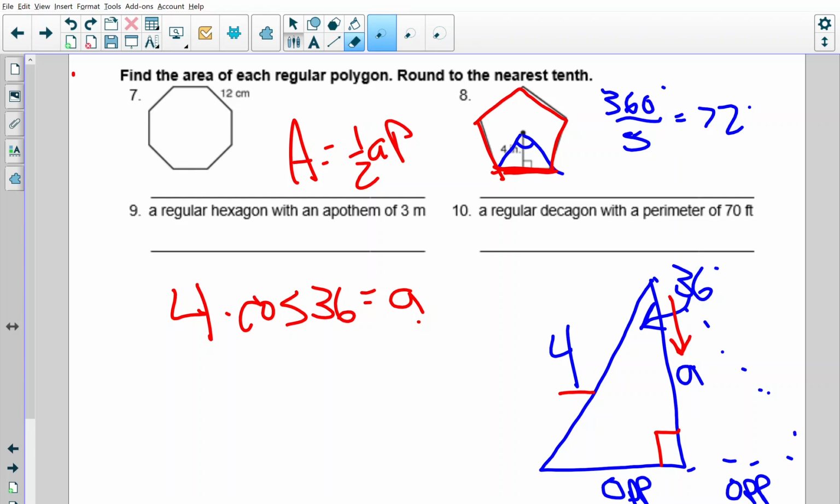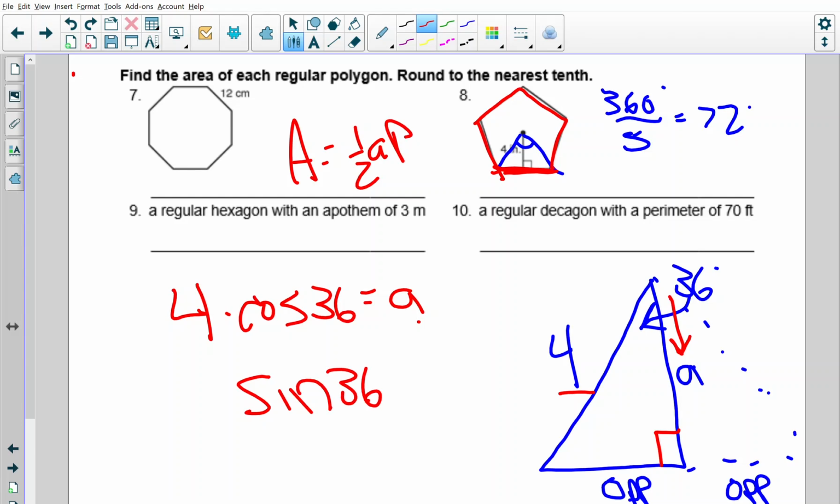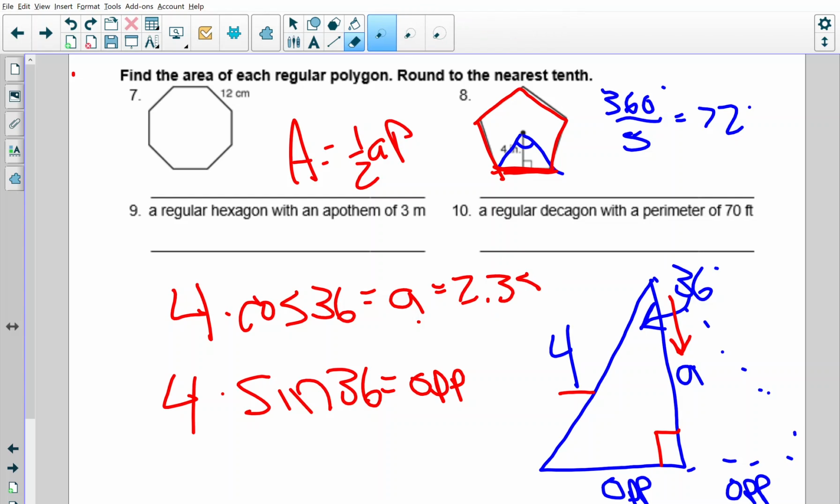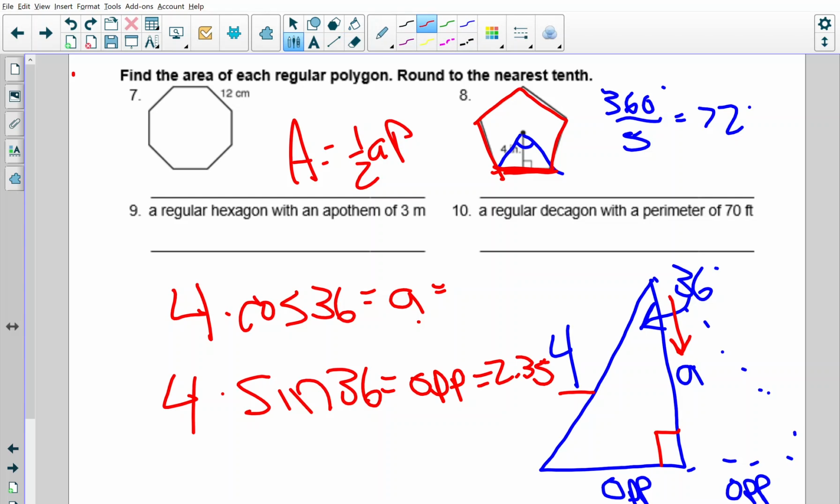Similarly, how do we find the opposite? Well, I know that the sine of 36 has to equal the opposite over the hypotenuse, and for the same reason, I multiply that by 4. Well, when you calculate these out, this is 2.3, oh, no, that's the other one, sorry. This is 2.35, and A ends up being 3.24. Well, like I said at the beginning of this problem,